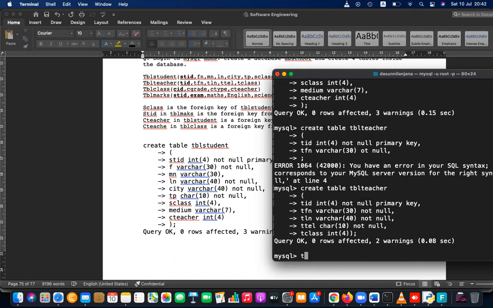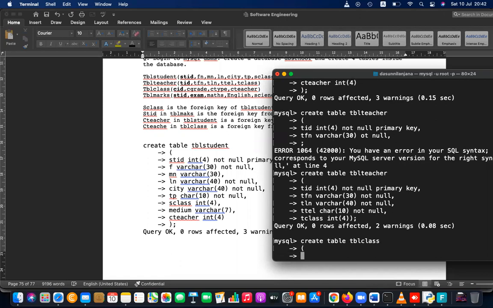Then the TBL class. In the TBL class table, I have to do the same thing. Create table TBL class. Similarly, you have the field CID, INT4, not null, primary key.